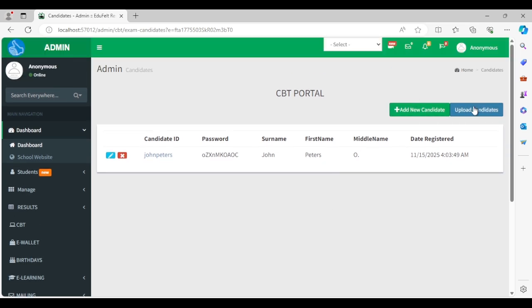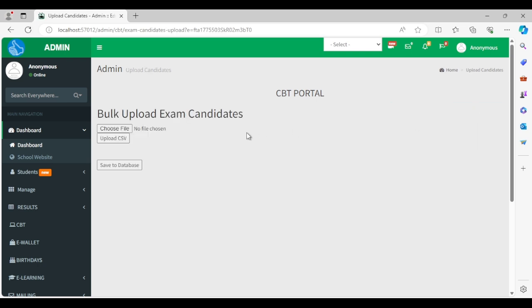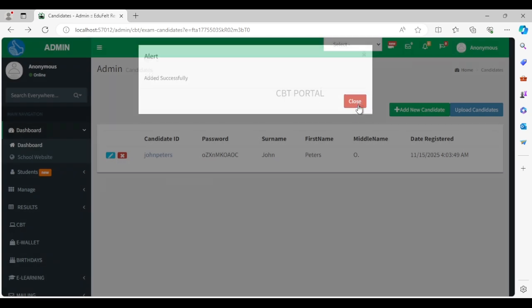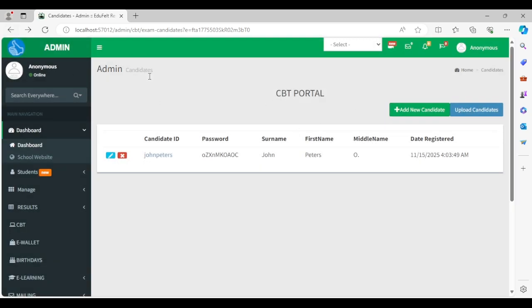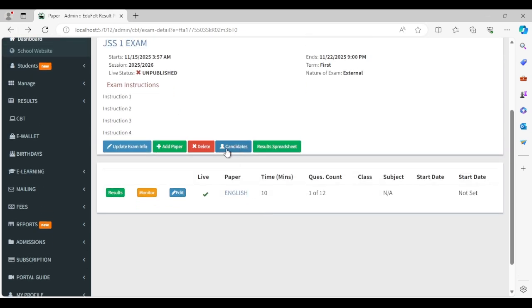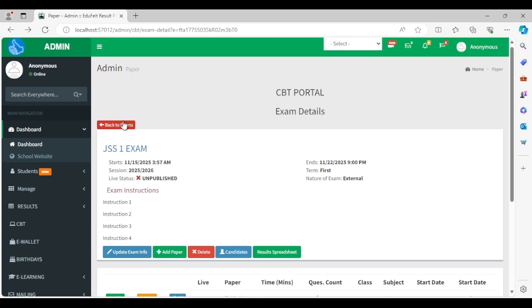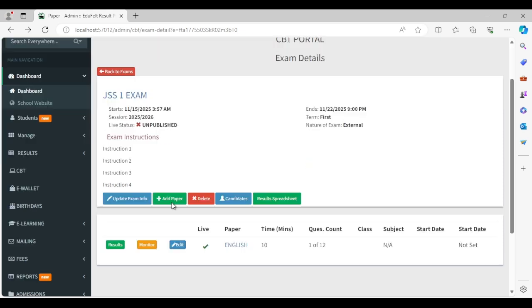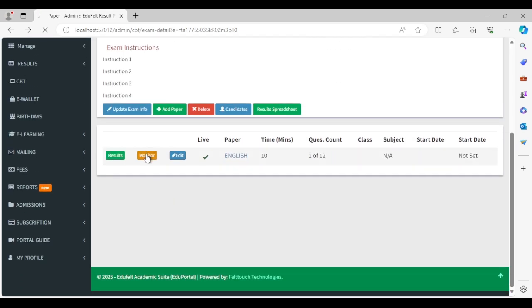So you follow that, or you can click on upload candidates, and then you choose your candidate. So I'm going to make another video that explains the bulk upload of your candidates to you. Welcome back. So we're just going to go back, and then added for this, and then here to go back to our exams, and here now that we have candidates, we can go back to our exams here and publish. Now before that, you can actually monitor your exams to get the status of